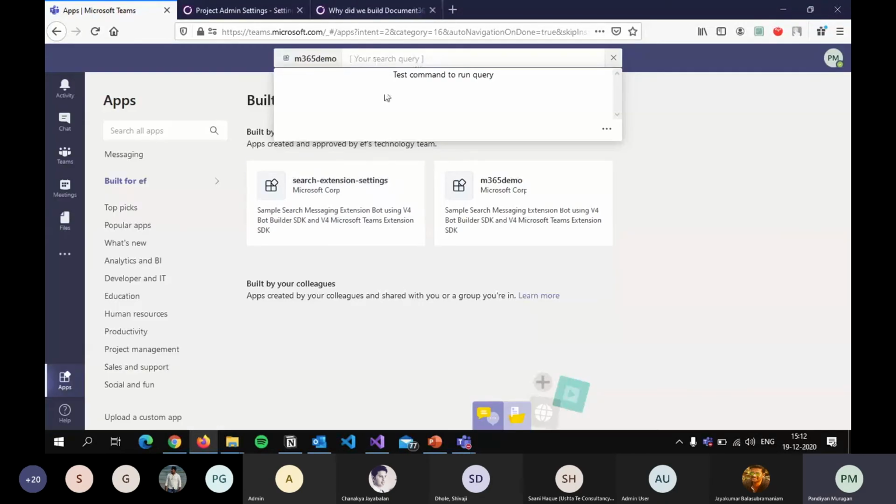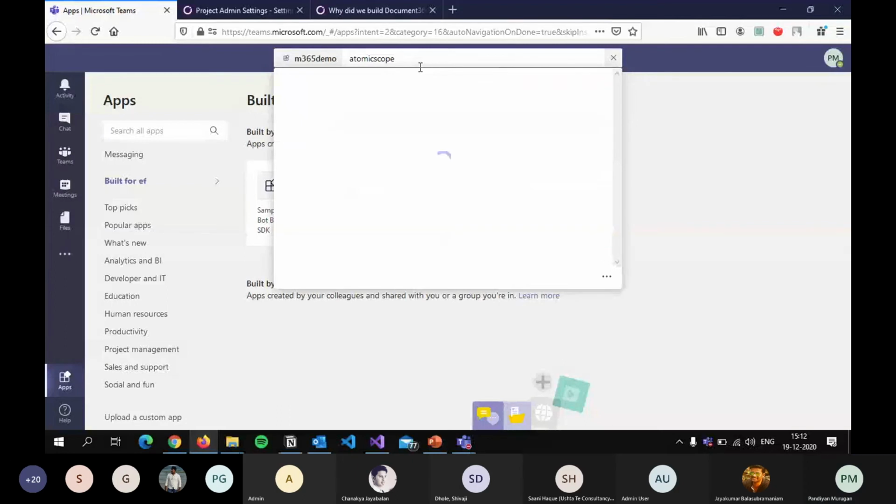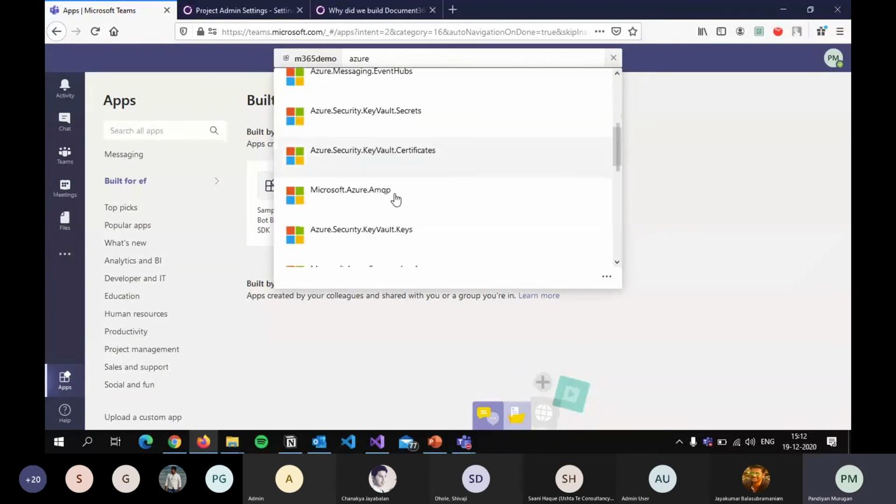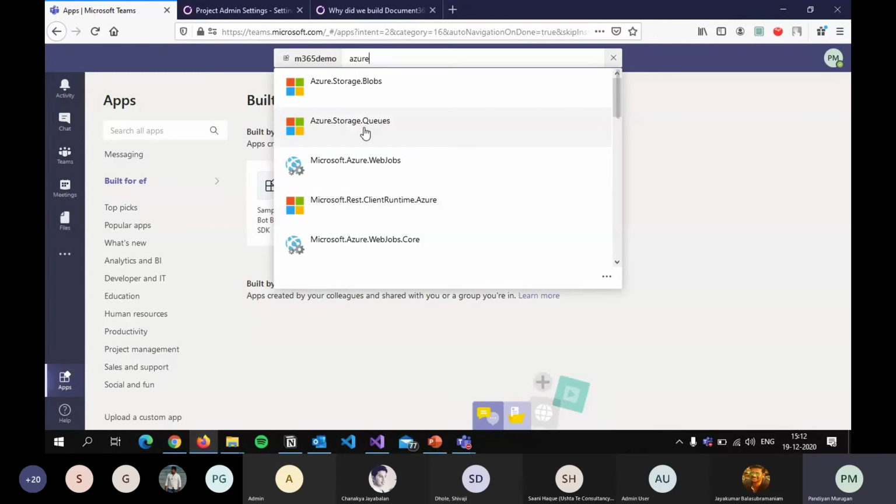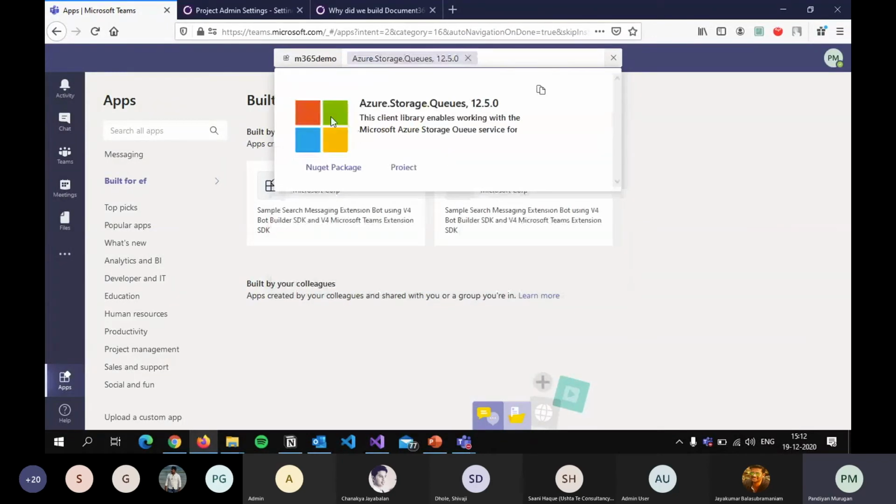Once I added it, it's straight away showing the options because we have only one option here, search query. So I'm going to search for something. Let's say the package in the NuGet, it will show up. So it is searching for something, and it is showing the result. Let me search another package like Ashu. So it is showing the results related to Ashu. So if I want to send it to someone, I can select it, copy the information, and send it to whoever I want.